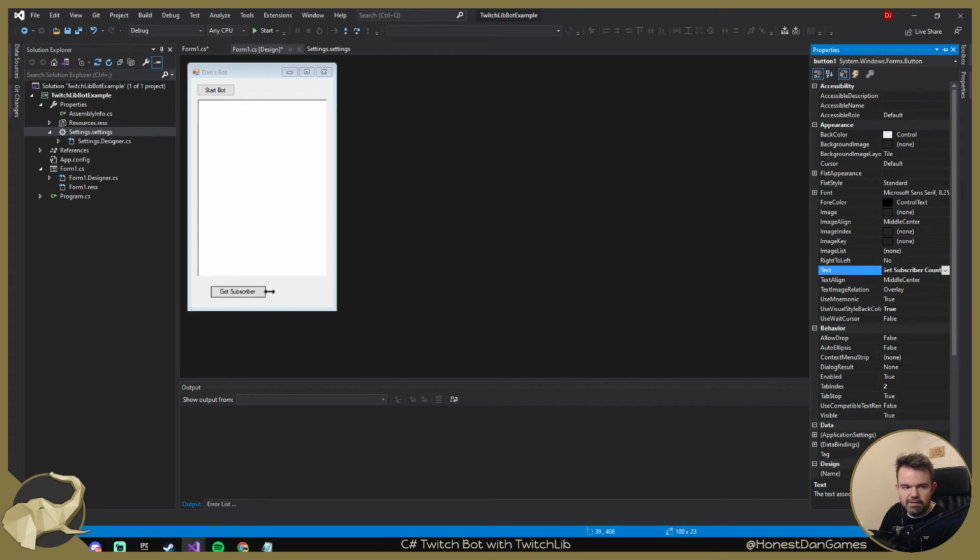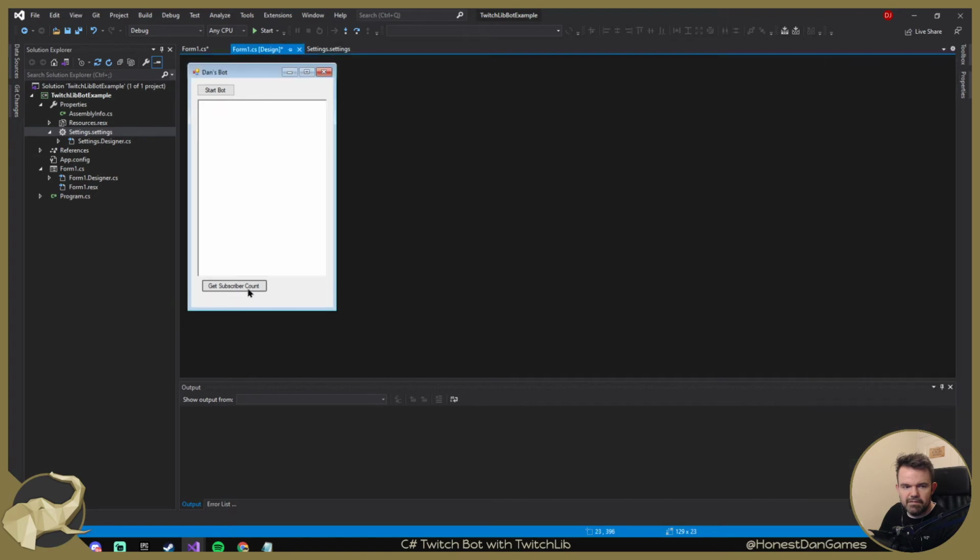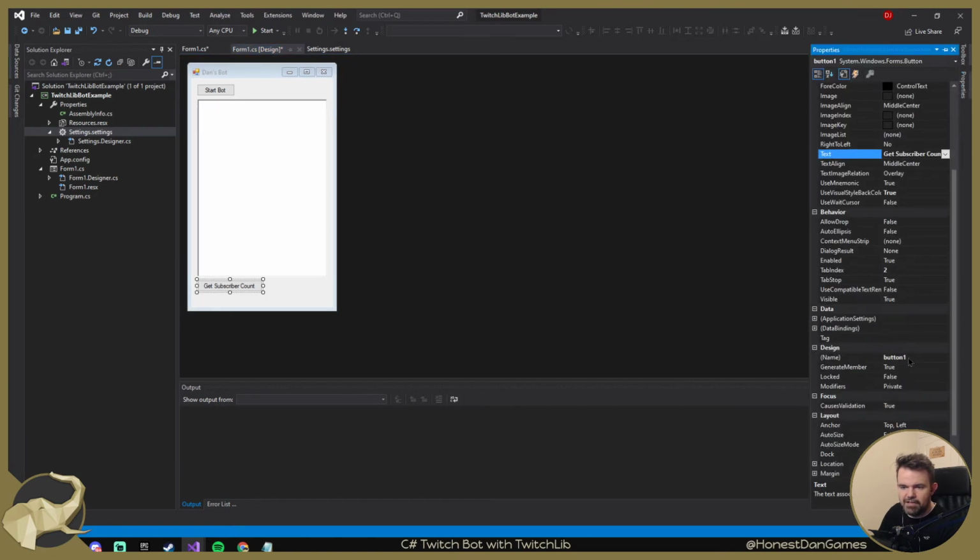Okay, it's a little bit not fitting in. So there we go. Look at this wonderful UI design. Okay, and then I'm just going to give this a meaningful name because we're going to make a button click event on it, and I want it to look a bit decent in the code. So I'm going to call this our check subs button. Okay, so double click on this,